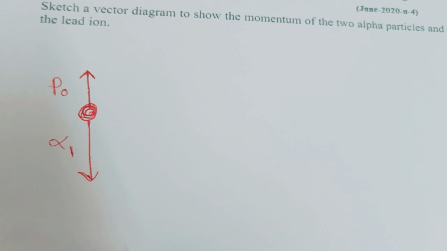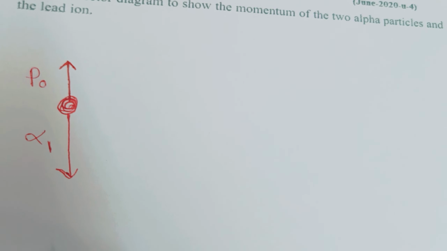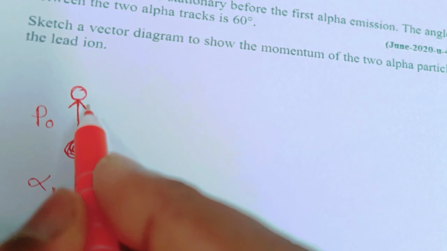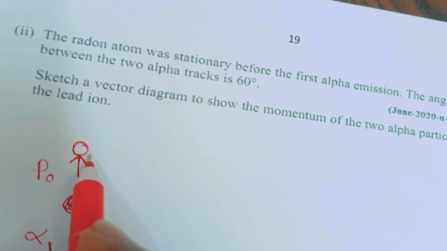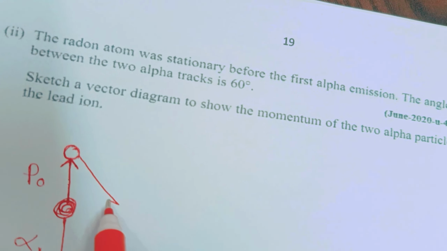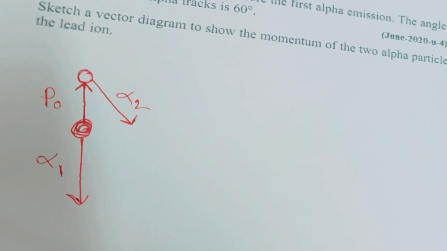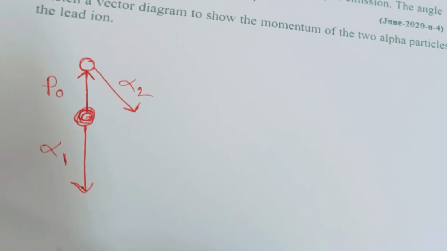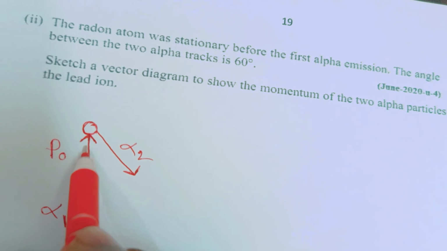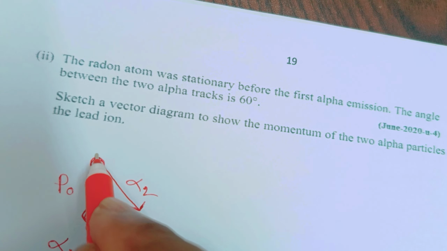In the next condition, polonium decays immediately. It also emits another alpha particle. So this is polonium. According to the question, the second alpha particle is emitted maintaining 60 degrees to the first alpha particle, so that one would be in this direction. As this decay occurs from the polonium, momentum would be conserved. That means as this one is in this direction, to equalize this one, the vector would be like this,